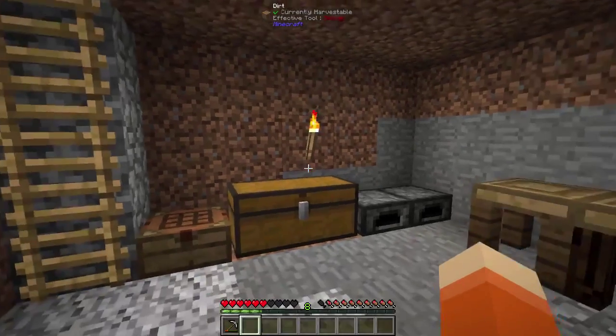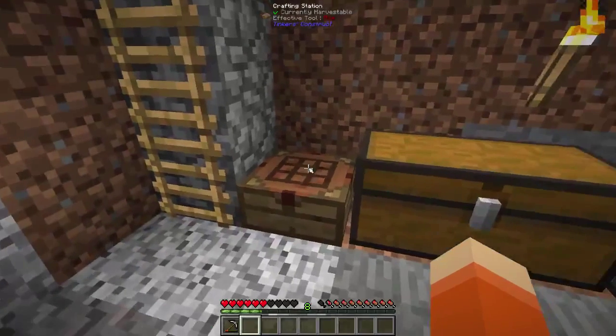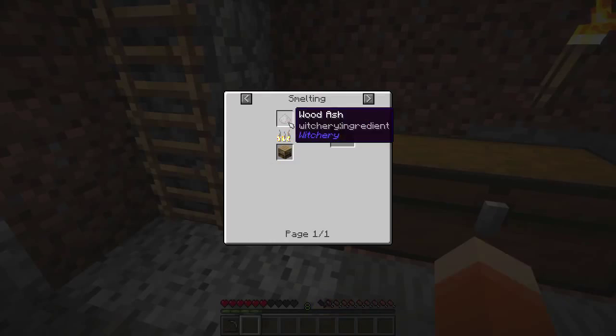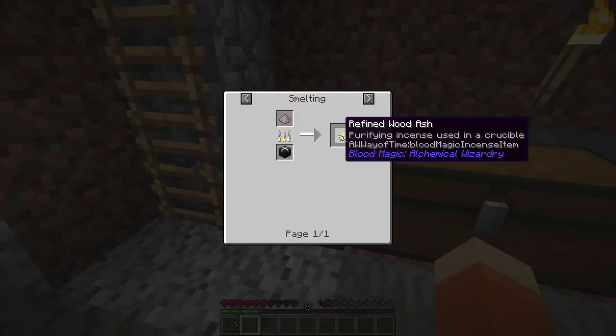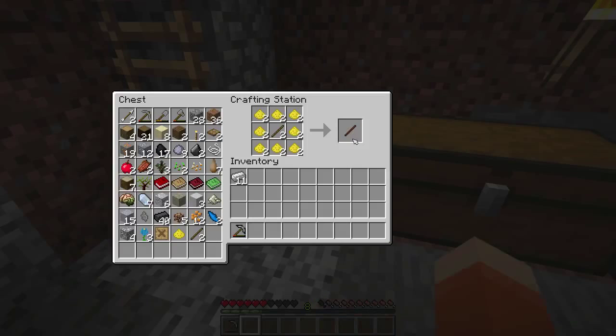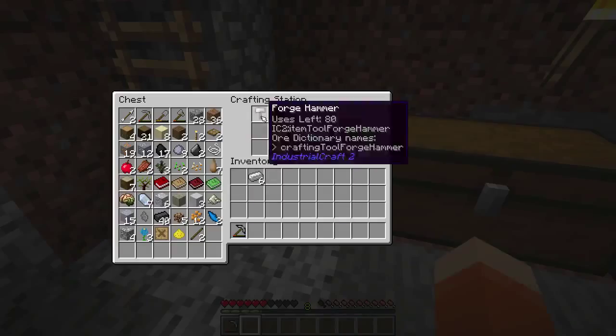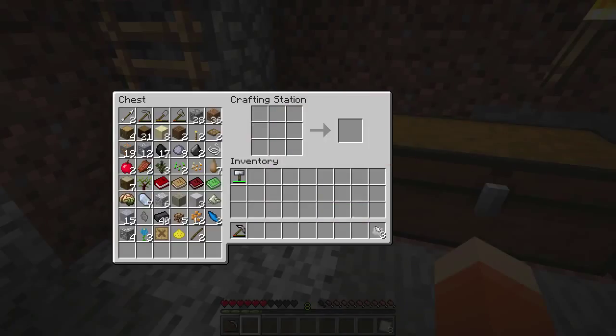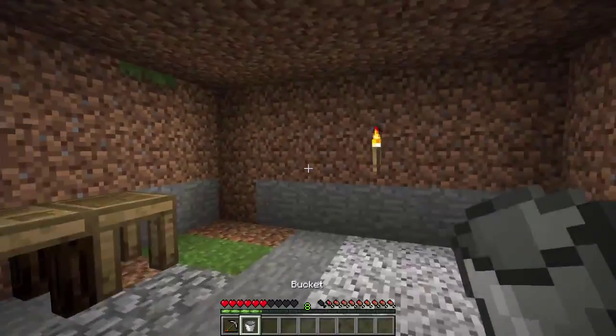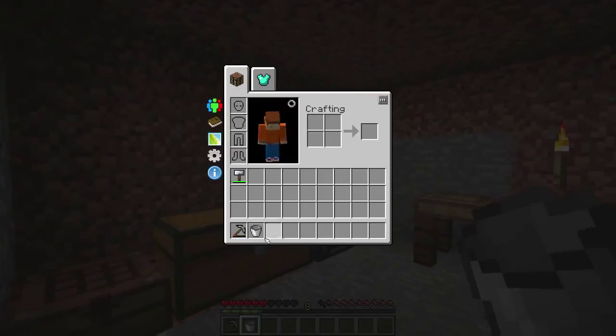Okay, so I've done some mining, and I now have some iron, and I also cooked some saplings so that I could make wood ash, and then I cooked that to make refined wood ash. So now we can make a couple treated sticks, 2 of them, and 5 iron ingots, and we have our forge hammer. We can then use some of these to get our 3 iron plates, and then we have a bucket. So there's our first bucket, which we can now use to get lava for the smeltery,